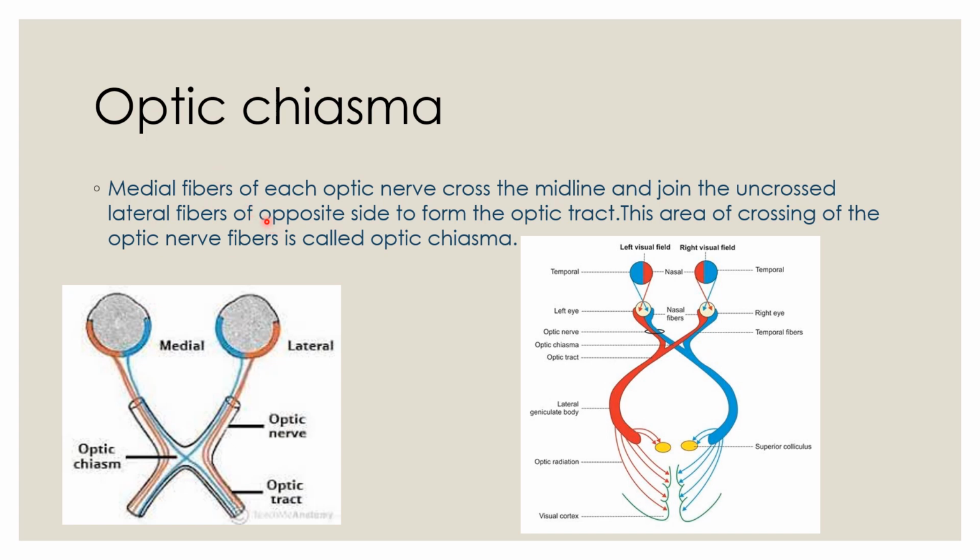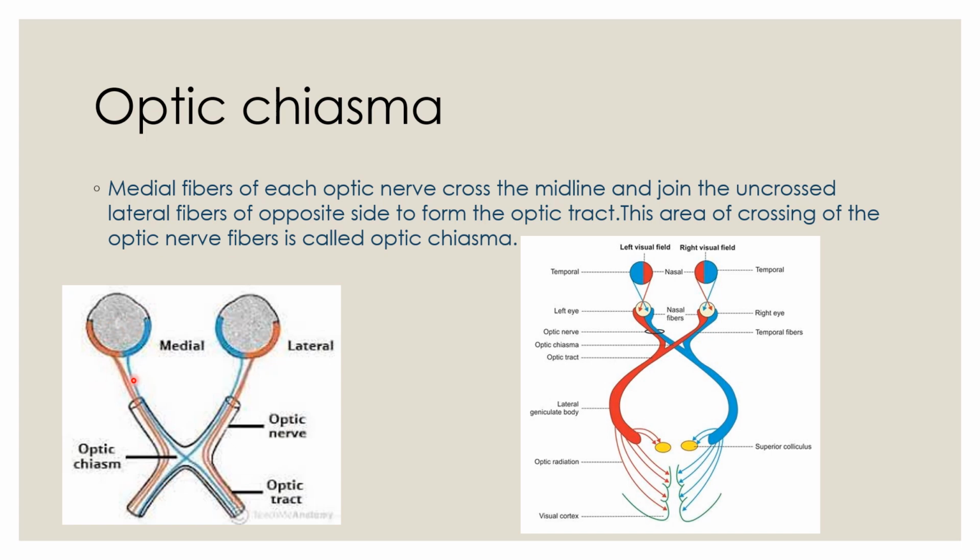These further move to form the optic tract. Now this is the crossed fiber, the blue ones, and this is the uncrossed fiber. So this totally forms the optic tract. Further, we are going to study in detail about the optic tract. Keep in mind that